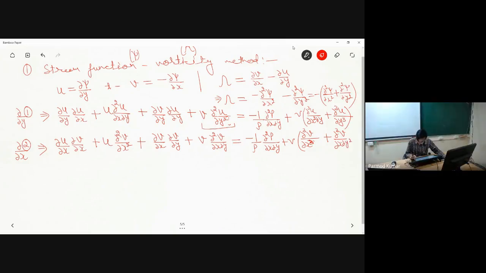Okay, fine. So now we have got this first one, let us number it as equation number 3, and the second one, let us number it as equation number 4. Now let us do 4 minus 3. So if I do 4 minus 3, what will I be getting? Please tell me.